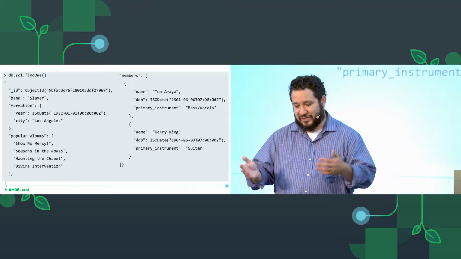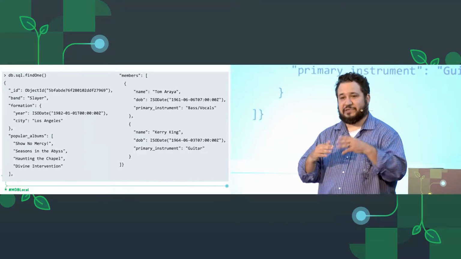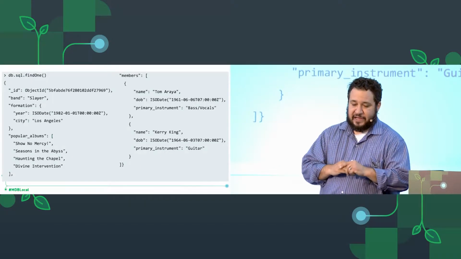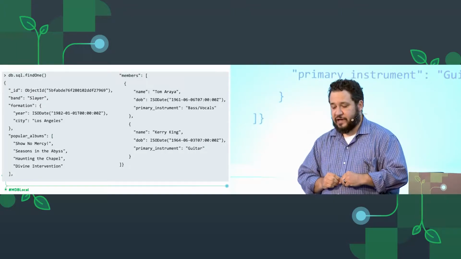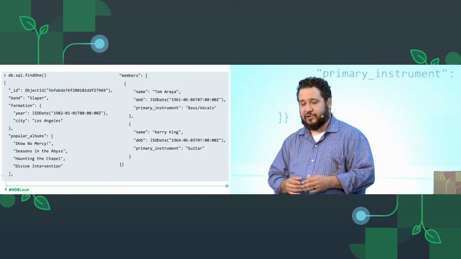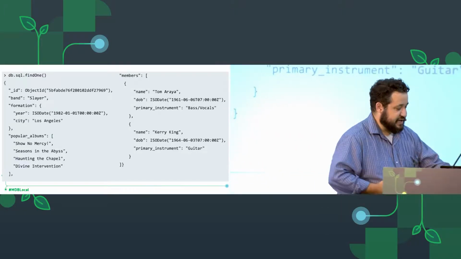Again, I'm a big fan of Slayer, so I have a couple of examples here. You can see that this document has some top-level data. It has a popular albums array, and it also has an array of objects. And so if we were to sample a collection that had this document structure, this is the SQL schema that